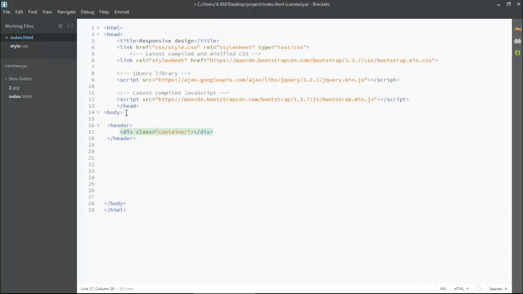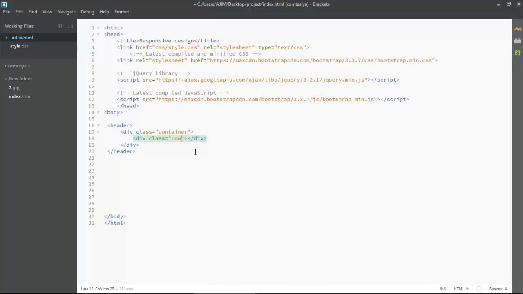It also has two types. First container default, second container fluid. What's the difference between both? If you use container default, then it will get bigger margin from both sides, but if you use container fluid, then it will take less margin from both sides, and the margin will be something around 15 pixels on each side. So these are the differences between container and container fluid. Now I am coming inside this and creating a different class of row. It is called from Bootstrap. Row is a class which is defined in Bootstrap. So row and container both are defined in Bootstrap.